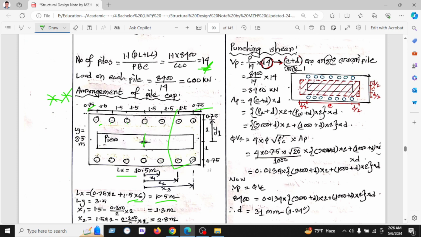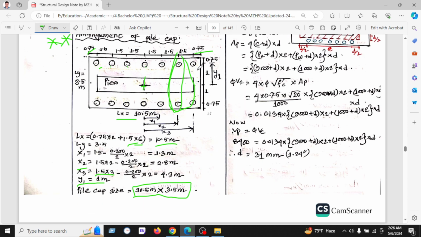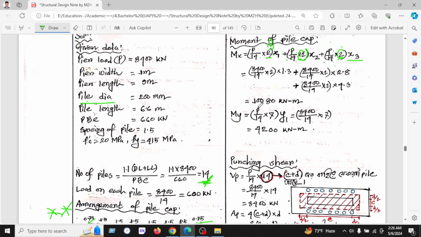In the same way for the second row of the piles there is a 2, and P, total load divided by total number of piles, divided by another 2, which is X3 into X3. Here is the third row, 1, 2, 3, and if we get 3 then we will multiply by 3 instead of 2, so we will get 108